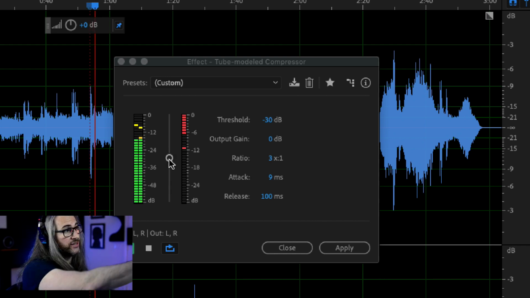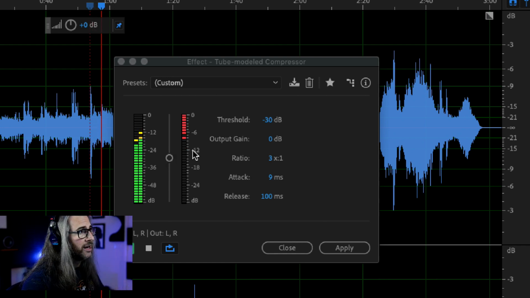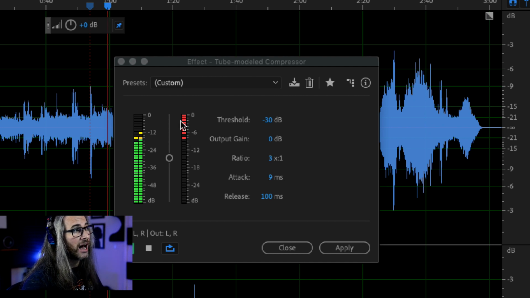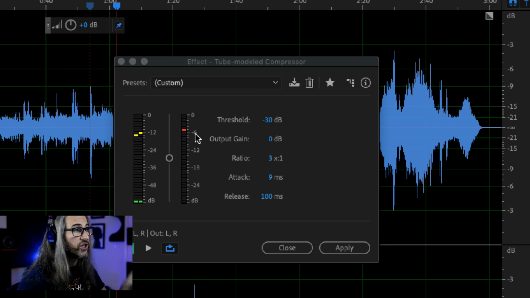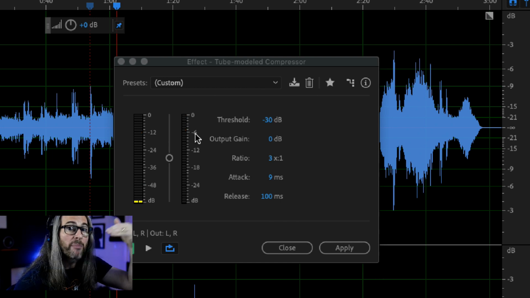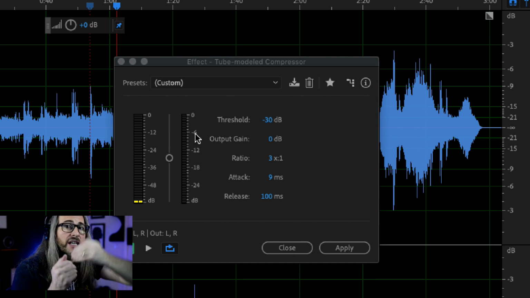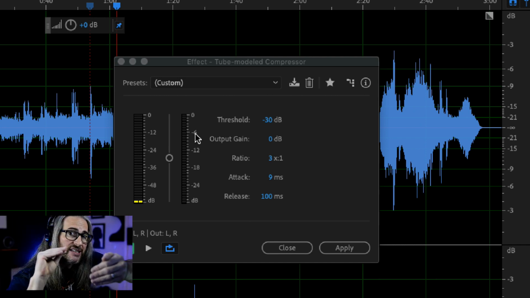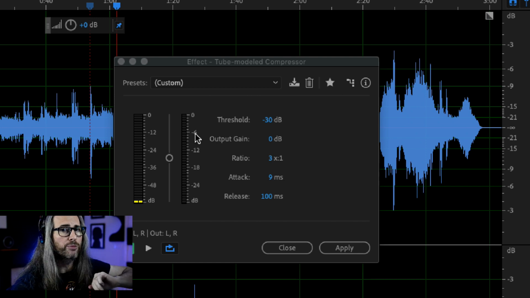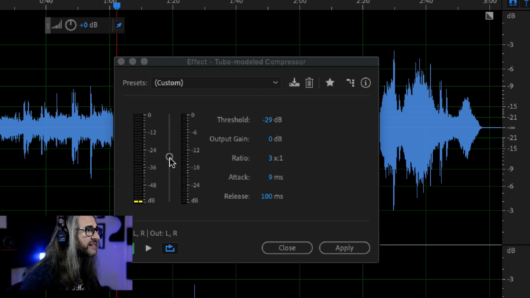Waiting. Okay, so right now, I'm maintaining about -6, okay? So that means I'm 6 decibels above the threshold, right? So it's only giving us 2 decibels. So it's basically squeezing it down 4, we're getting 2 at the output, okay? If I did this,